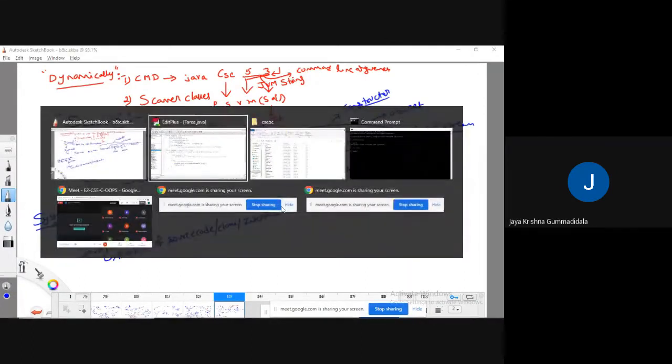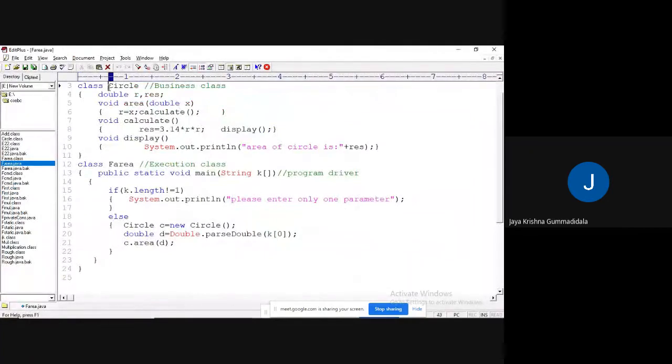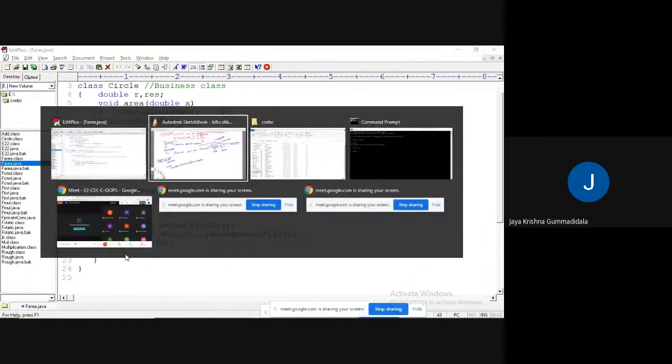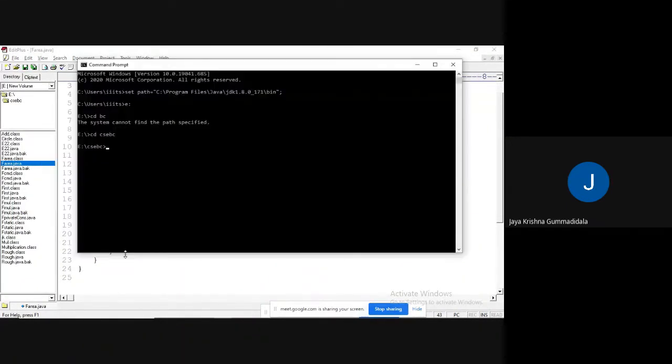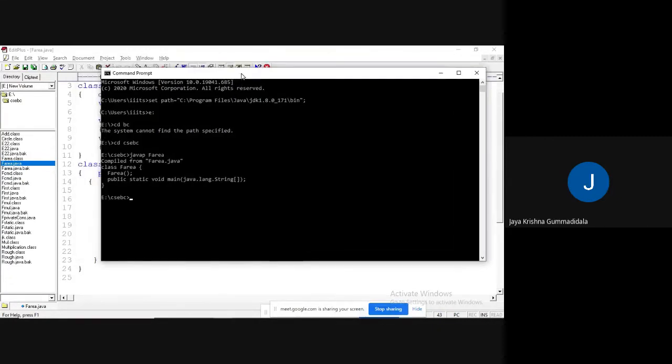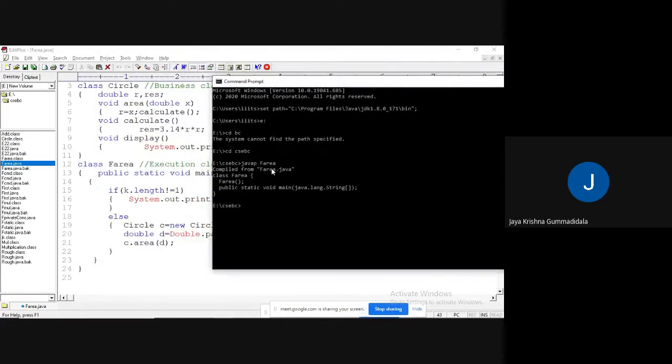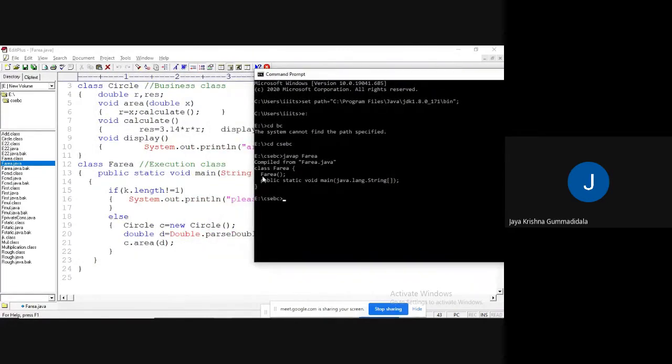For example, to check the profile of the farea file, I can write java p space farea. So what it has shown is the profile of farea, meaning what methods exist in farea.